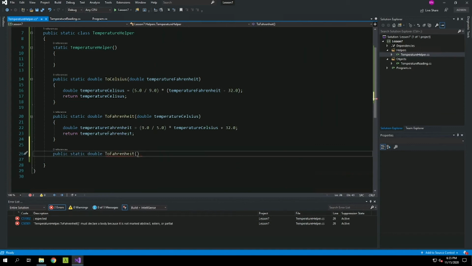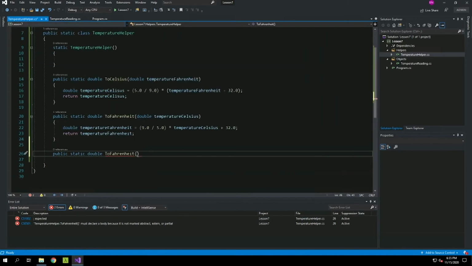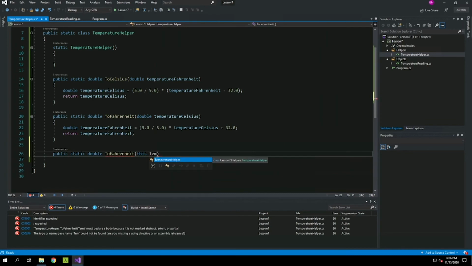An extension method extends a class without adding a property or method to the actual definition of a class. It lets us do that kind of virtually. The keyword is this. That says this is an extension method. We're going to make the extension method for